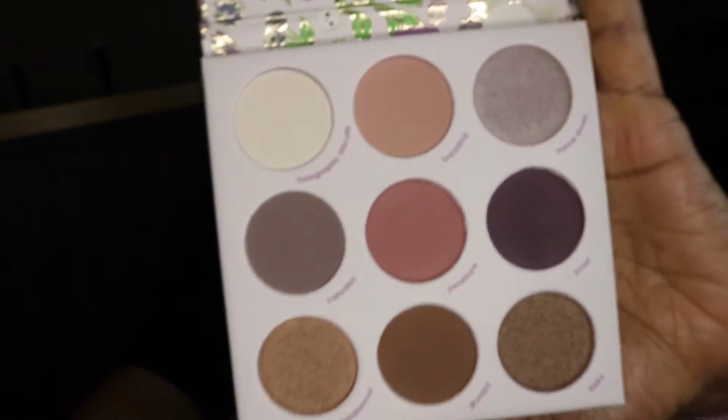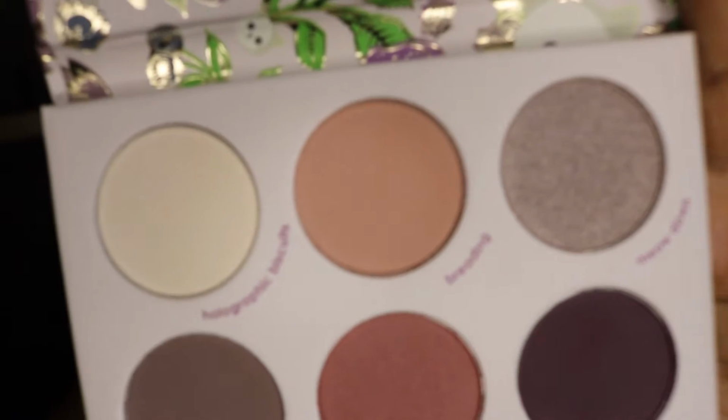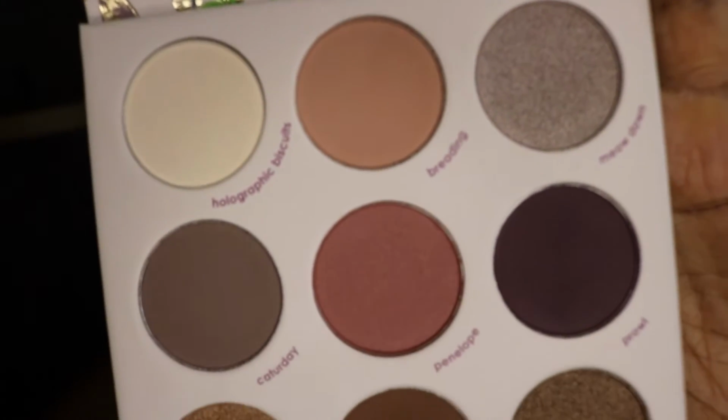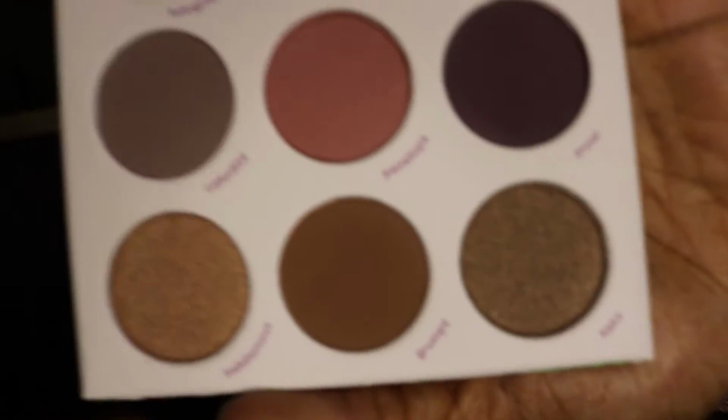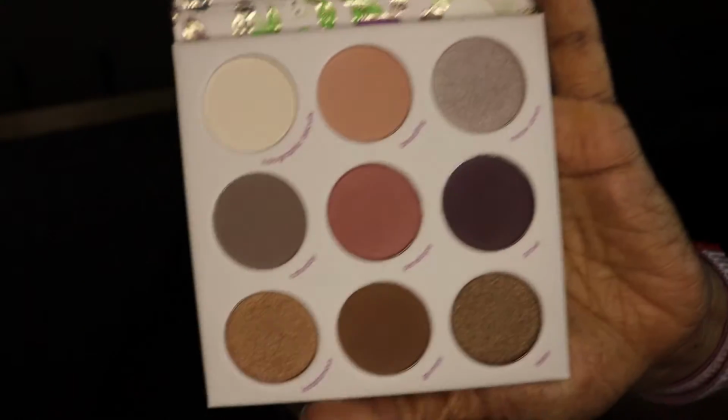So I'm not sure if you guys can see the colors. This was more of a color story for me, so that's why I got it. It looks like you've got a couple of mattes and the rest are shimmers. Maybe 3 mattes. So we got something called Holographic Biscuits, Breeding, Meow Down,